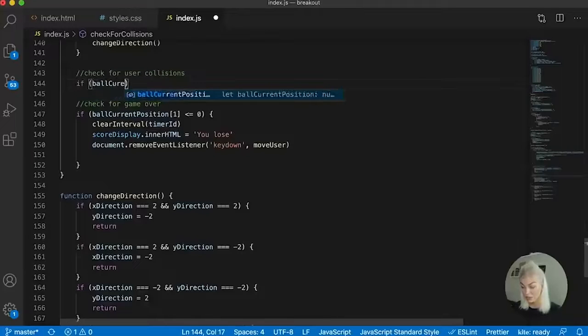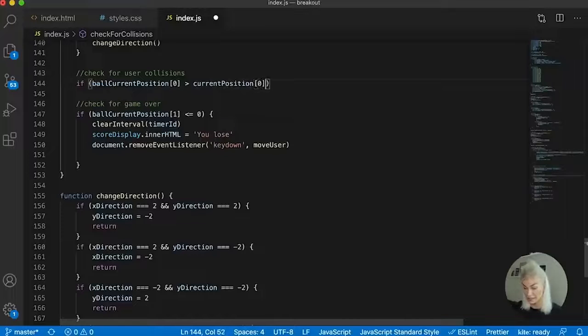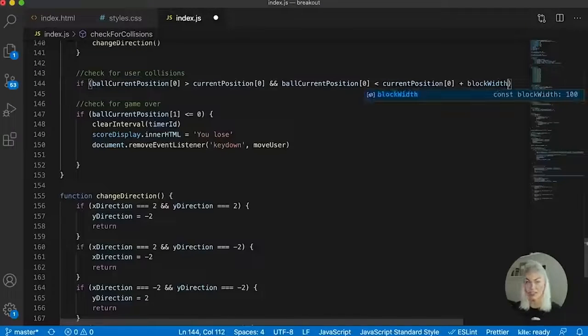So once again, if ball current position x-axis is larger than the current position of our user's x-axis, so if that's true and the ball current position x-axis is smaller than the current position x-axis plus the block width. So we are essentially checking if the ball is in between the two sides of our user, wherever its current position is. So if that is true,